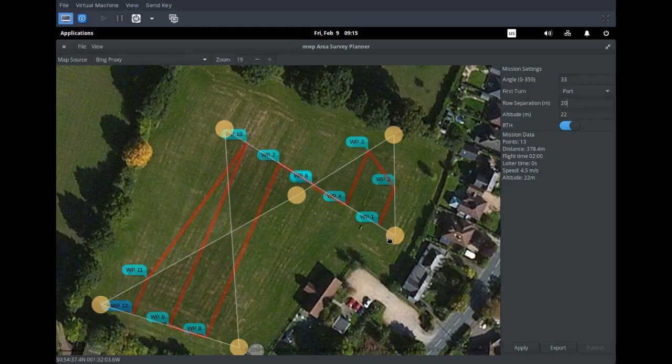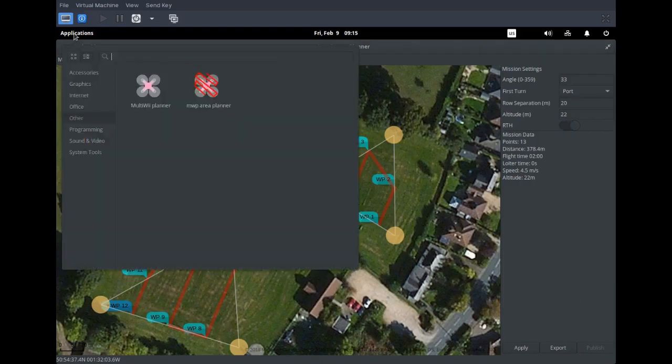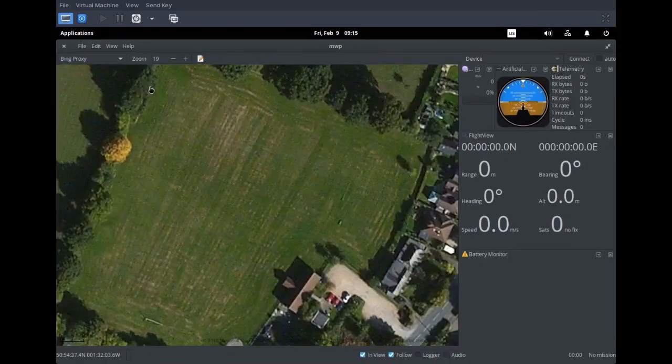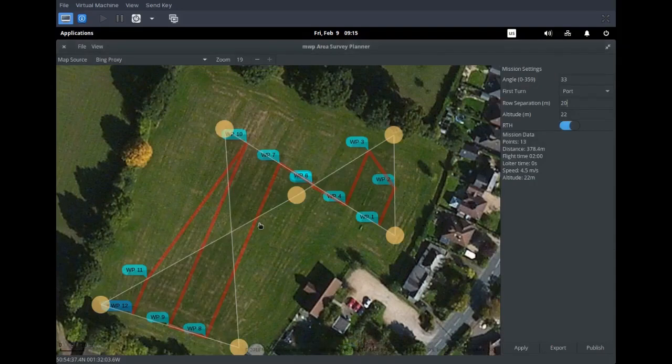So the one thing we really haven't looked at then is this publish button here, which is grayed out unless there is an instance of multi-week planner running. And when there is, back to the area survey generator, the publish button is now enabled, and I can click this and it will send the mission into MWP without touching the file system. So at the moment this particular mission is not saved, so I'm going to click publish,